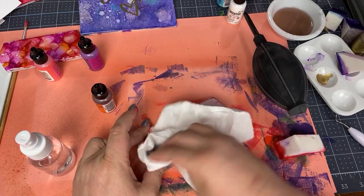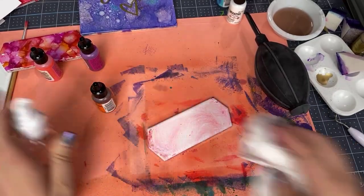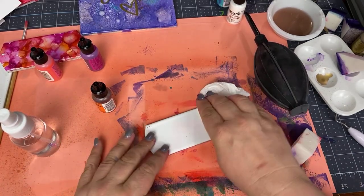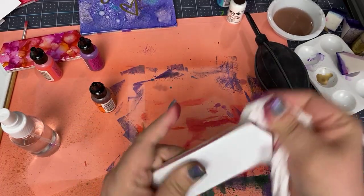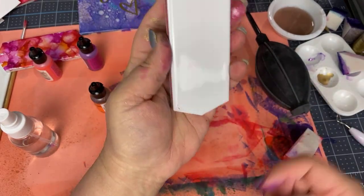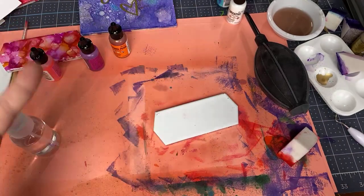Isn't that great? I mean, it's so much fun. I'm having such a blast with this. I hope you guys are too, if you try this, and don't feel like you're gonna mess it up, because there's nothing to mess up. We're back to that. We're going to put some ink on there. Let's try some